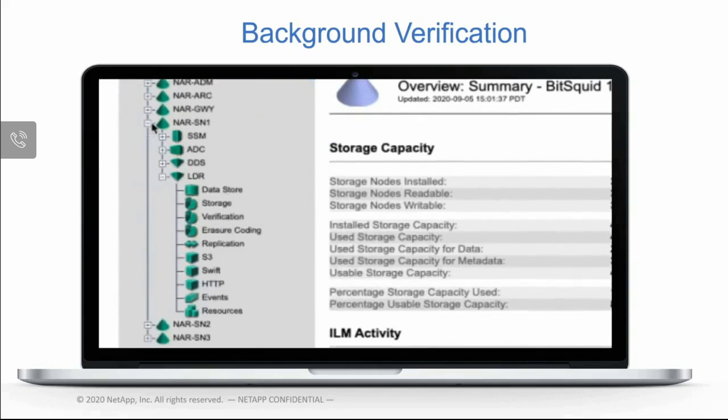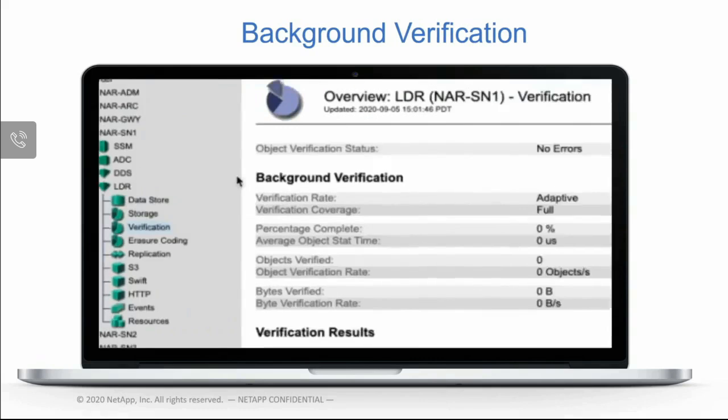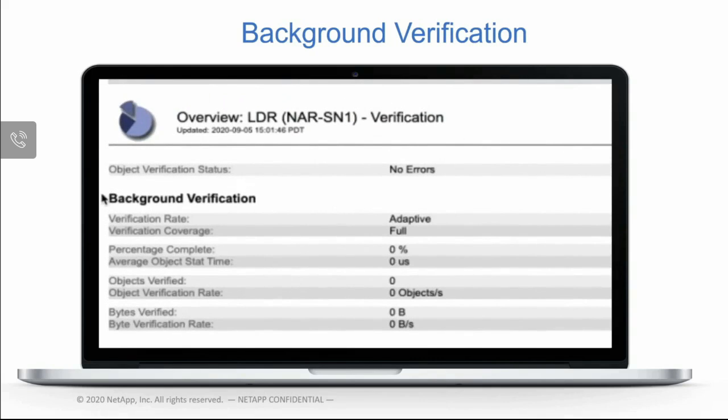And it does this perpetually in the background, automatically, continuously, forever, for the lifetime of the grid, for the lifetime of the storage node. And you can see here the different options, right? Essentially, you can change the rate at which the node is checking for corrupt objects. And you can obviously see how long it takes to complete one full scan of every object on every range